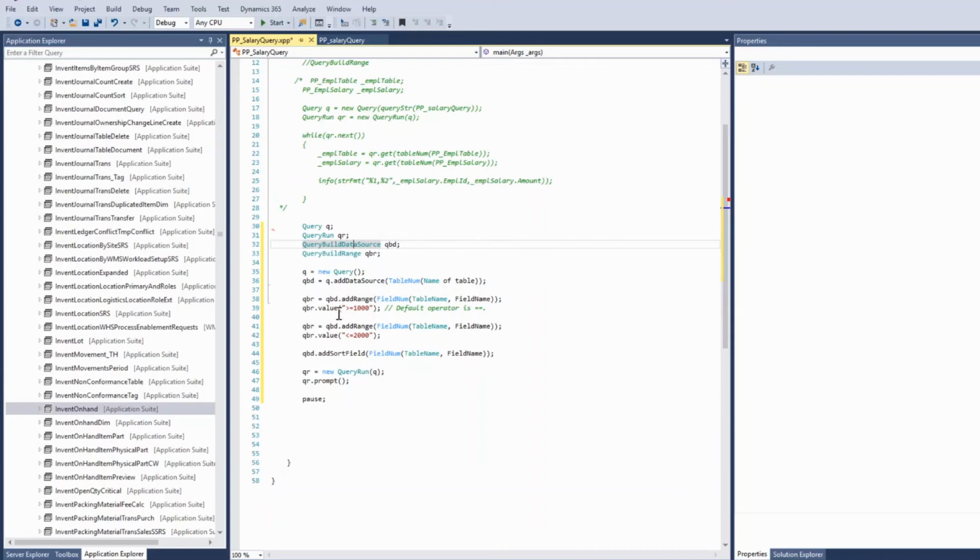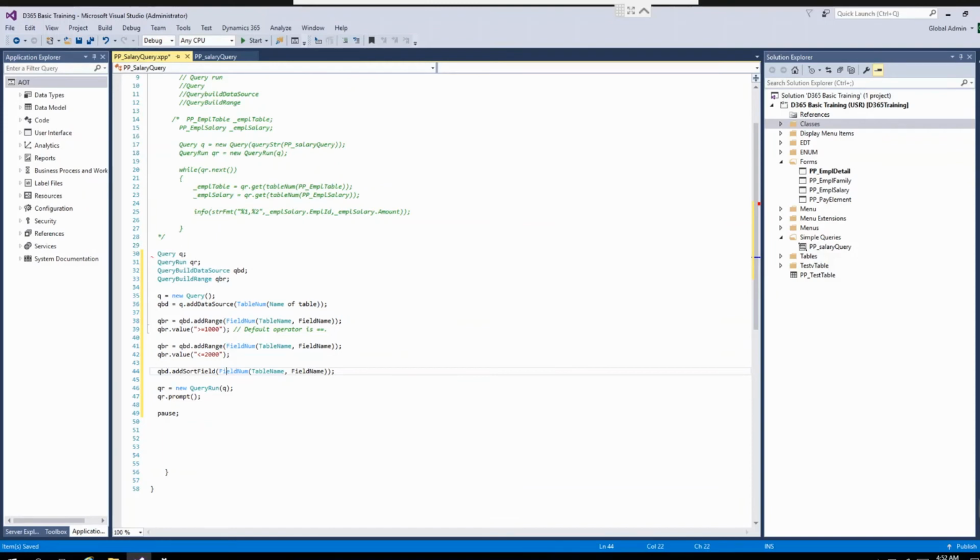By default, if you write only the value and no operator, the operator is equal to. So if I write only 1000 here, the system will take equal to 1000. You can assign any value, any expression, and you can do sorting also. This is the format of creating a dynamic query.